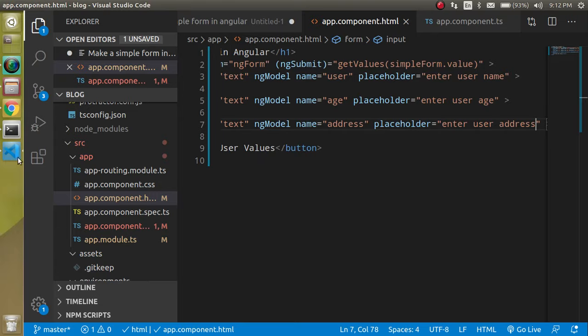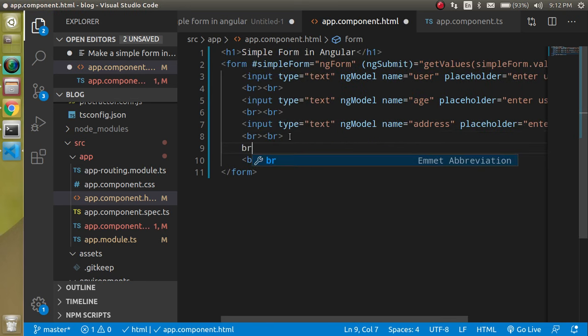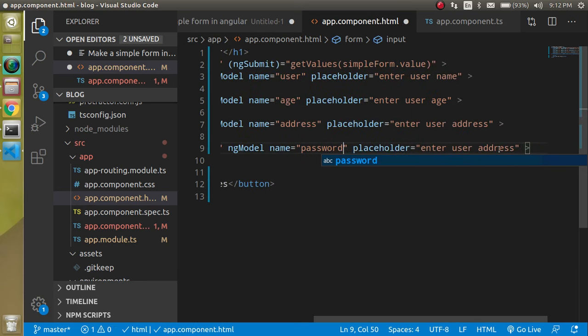This is great. So let's say we have one more field with the name of password, right? Here we can use type password because the password should not be visible. Name can be password and placeholder can be password.